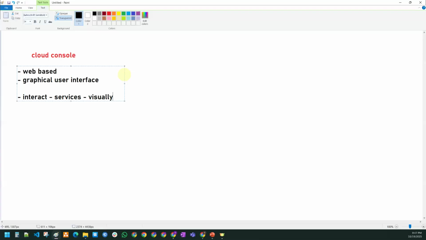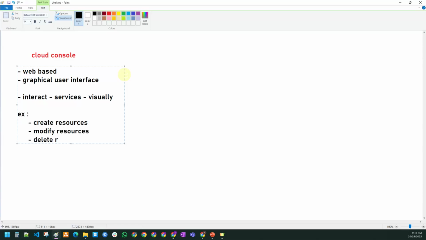So if one wants to interact with the GCP services using a graphical user interface, they can go to the console. Okay, sir, what can we do in the console, if you ask me? Using the console, one can create any kind of resource. We can modify any kind of resource, nothing but update the resources.